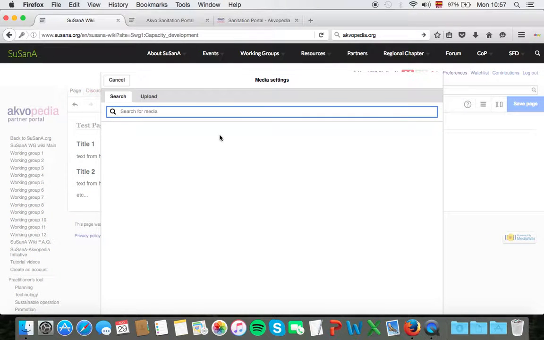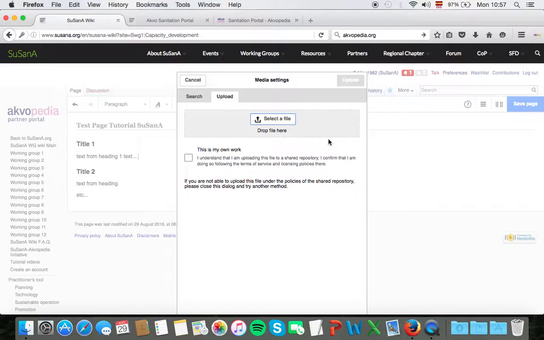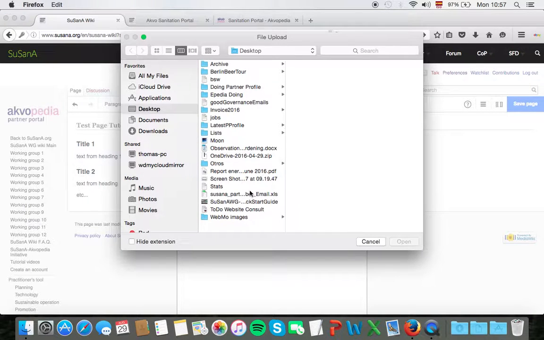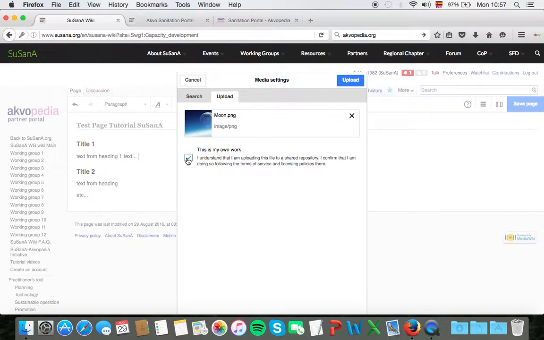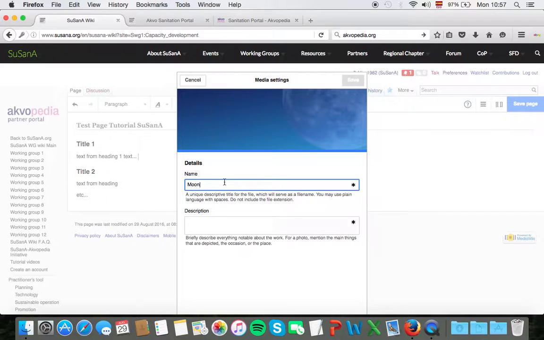Now you can either select a picture that has already been uploaded to the wiki, or you can upload one by yourself from your computer. So let's go ahead and do that and upload one from my computer and select a file. So click there and choose your file. Click on the box that says this is my own work, otherwise you will not be able to upload it. Click on upload. Give it a new name if you want, or the name that the picture already has, and give it a description. Note that this description is not the caption, it's just a description. Click on save,